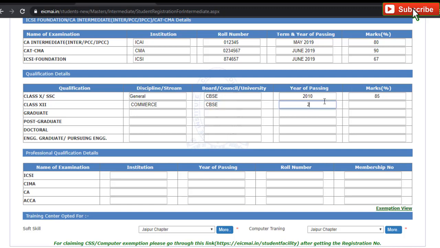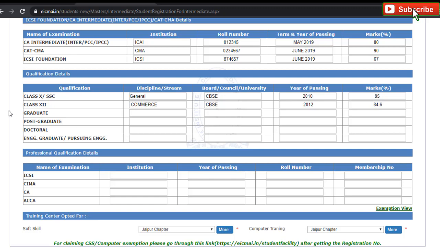Year of passing: make sure you write the year of passing, not the year of getting admission. For example, you joined 12th class in 2011 and passed in 2012. You have to write 2012 here, and your marks percentage, for example 84.6. I am taking it randomly.